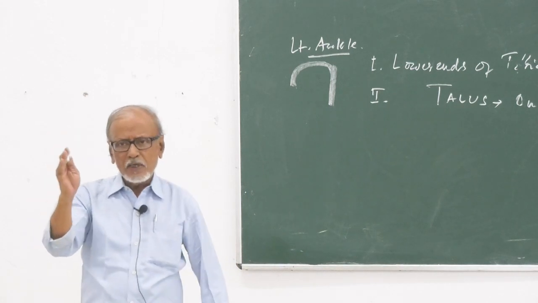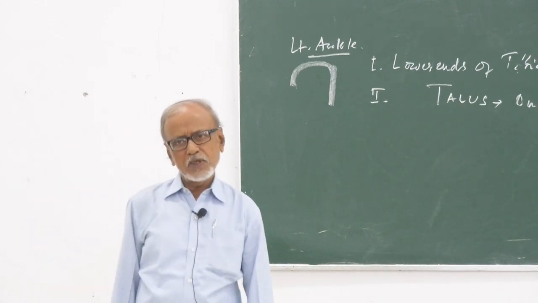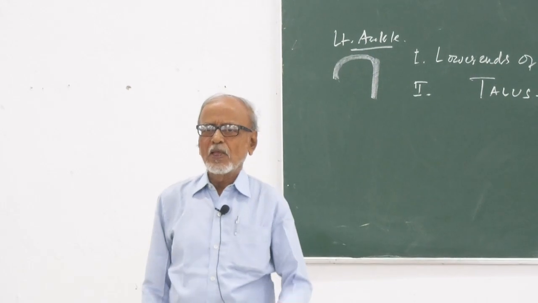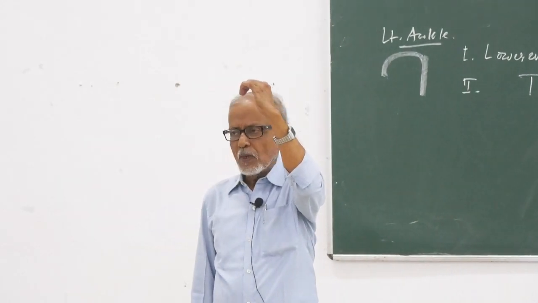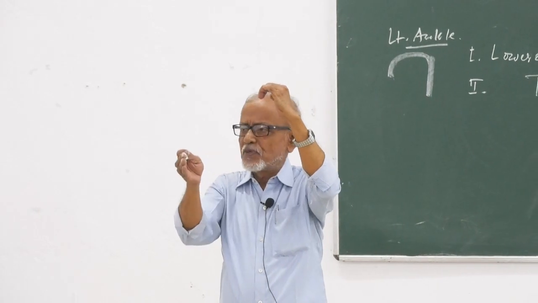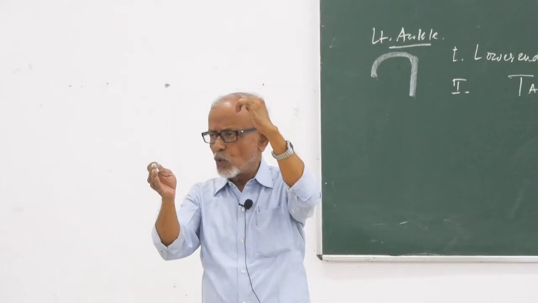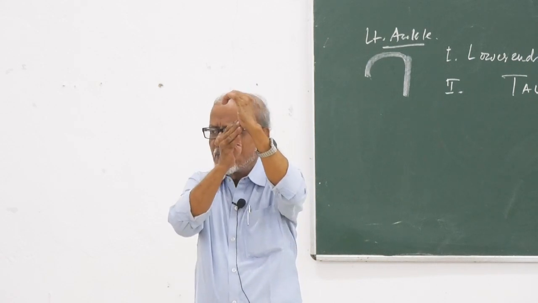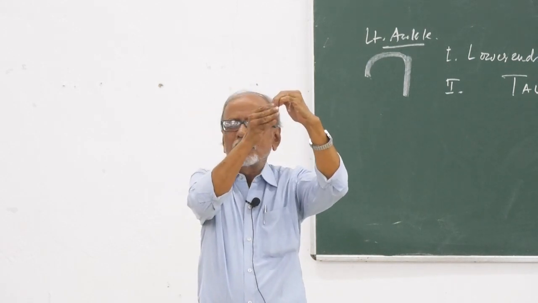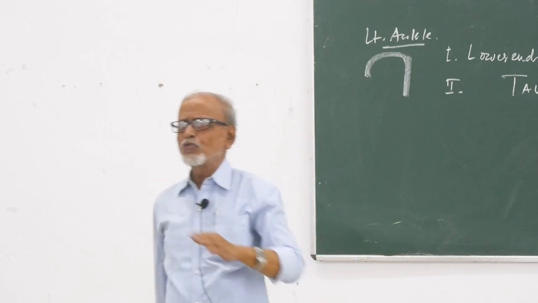Lateral wall is longer than the medial one. Okay, this is my left hand, and I have drawn this left hand like this. The upper articular surface belongs to the lower end of tibia and fibula. So laterally it is longer, medially it is shorter. Now tell me from your knowledge of the bones of the leg: